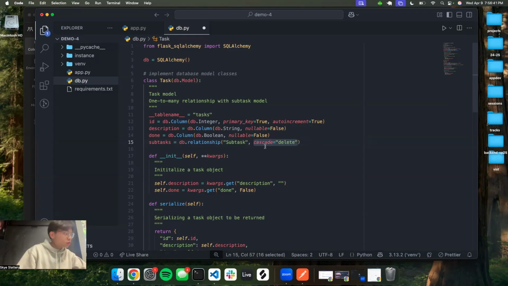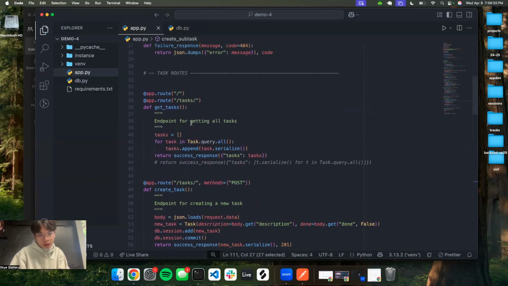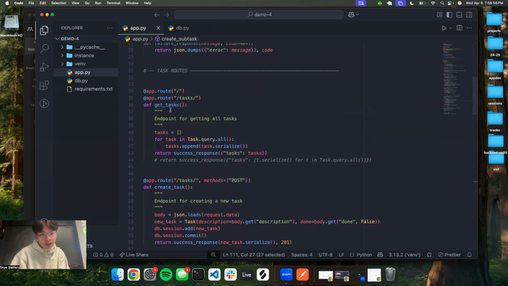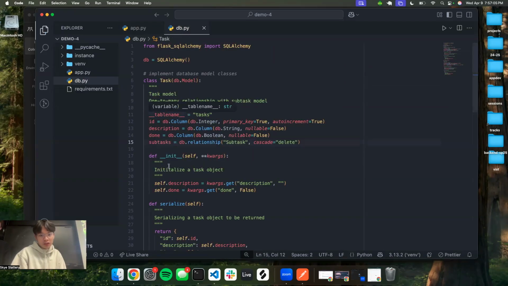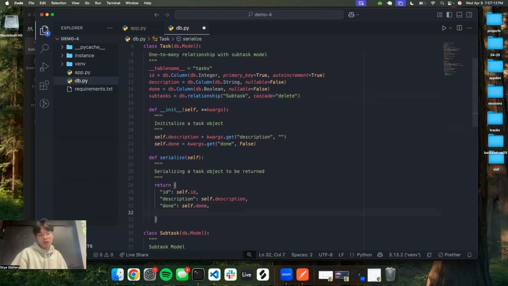Yeah. So once we add this, now we have this relationship here, and our task model will have access to all its subtasks. So now we can go back to app.py, all the way back up, and now we can actually change the get task route. So instead of just, oh wait, sorry, not here. We're gonna change our serialize function right here. Yeah. So now that we've done adding subtask, we can add it to the serialize, so we can output it as well. So here I'm just gonna do subtasks,